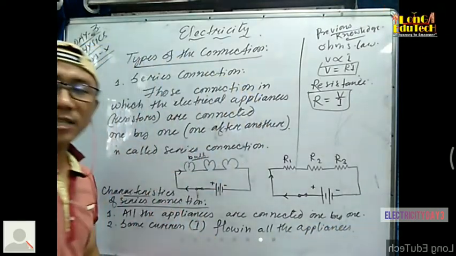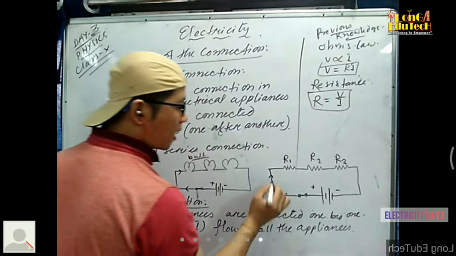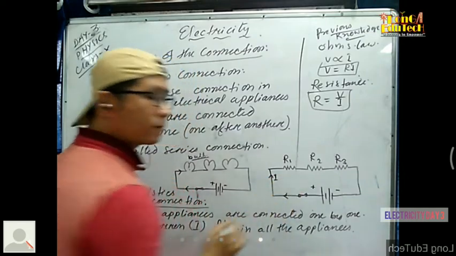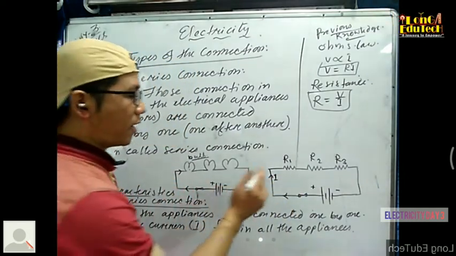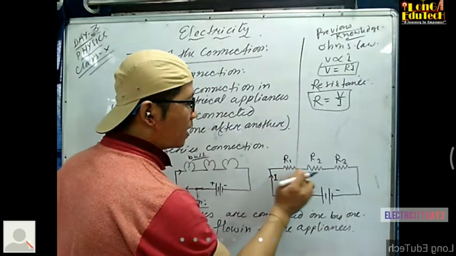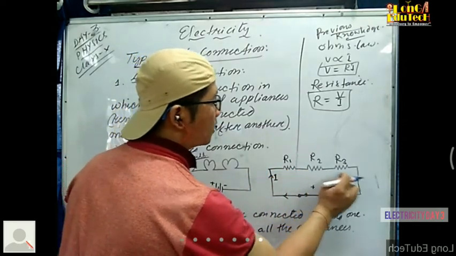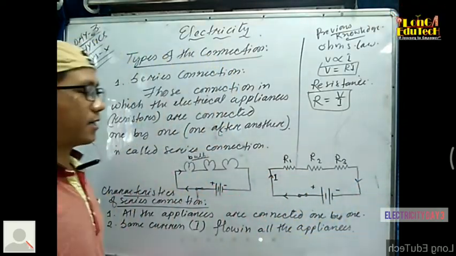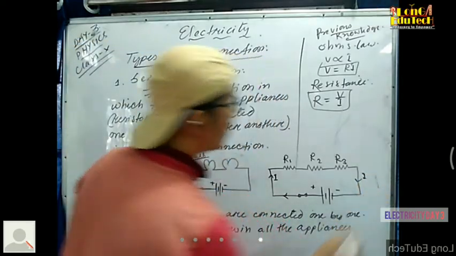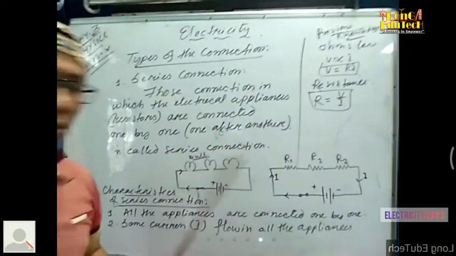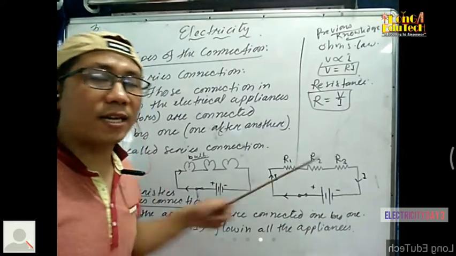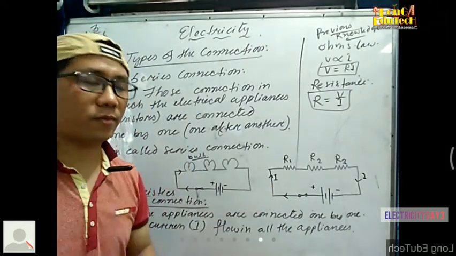सब appliances में सेम करंट I फ्लो कर रहा है, देखो तो इधर से करंट I फ्लो कर रहा है। ओके, सेम करंट I फ्लो कर रहा है, मगर इधर में भी आ रहा है, इधर में भी आ रहा है, लास्ट में सेम करंट हो जाएगा। ओके, सिर्फ एक ही करंट है जो उसमें से पास करके जा रहा है। ओके, दिस पॉइंट वी हैव टू कीप इन माइंड।